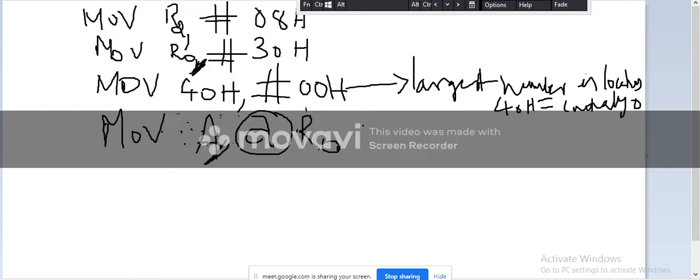So your first number is in A and the largest is in 40. If you have taken the largest number in A, then you should have taken the number to 40. But your largest number is in 40, so R0 has to be taken to A. So your largest number is in 40 and first number in A, compare with CJNE